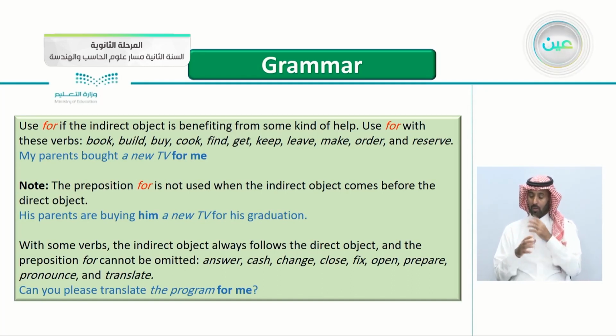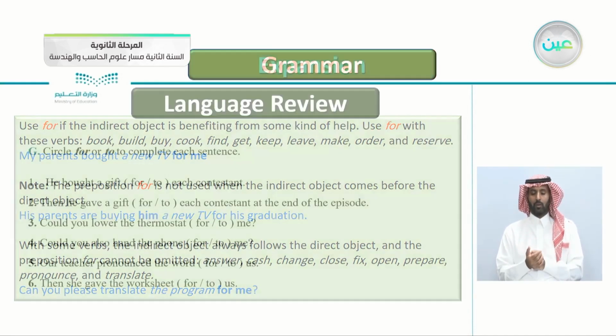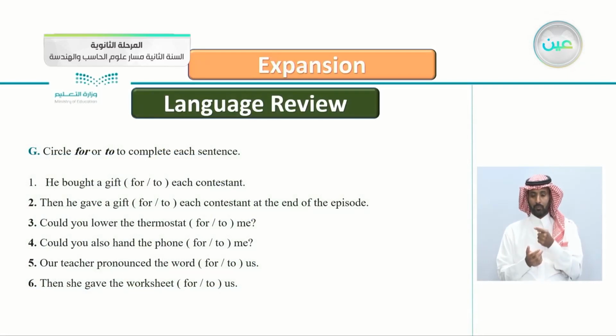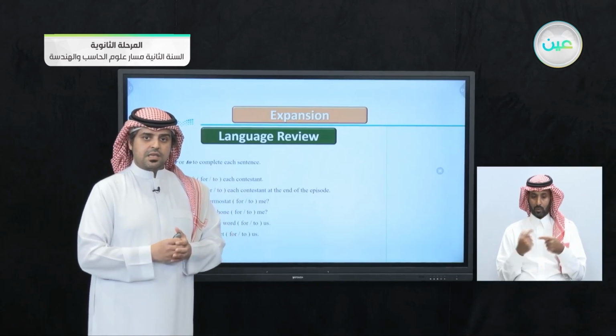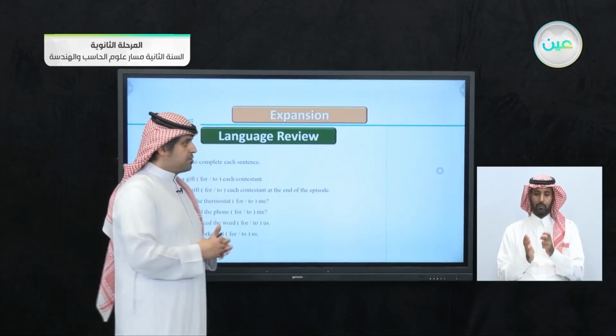With some verbs, the indirect object always follows the direct object, and the preposition for cannot be omitted: answer, cast, change, close, fix, open, prepare, pronounce, and translate. Can you please translate the program for me? So here we cannot omit for. So getting back to the exercise here, now that we have revised this grammar,